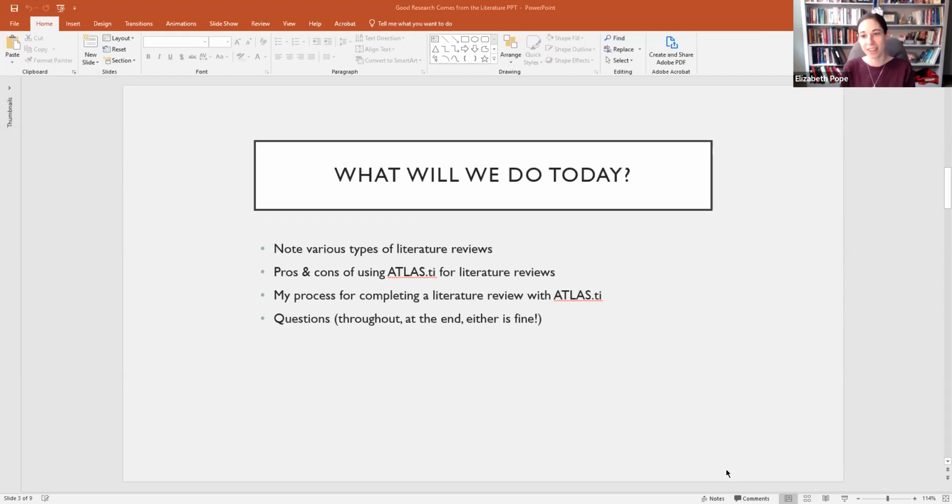So what will we do today? The first thing I'm going to do is talk about the various types of literature reviews. I'm not going to spend very long on it, but just recognize that there are lots of different literature reviews. When somebody says I'm doing a literature review, there are a lot of different kinds they can do. I am going to be very general about this process, keeping in mind that the purpose of a literature review is going to be different depending on the type of literature review you are doing. I'll talk a little bit about the pros and cons of using a QDAS like ATLAS.ti for literature reviews. And then I will open Atlas and talk about my process for completing a literature review with ATLAS.ti, keeping in